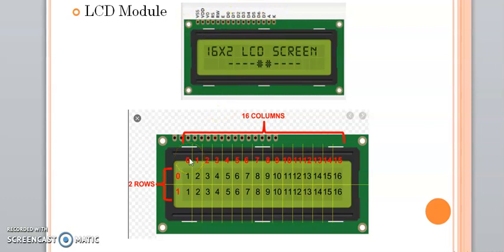So basically there are different types of LCD modules. Different types in the sense different sizes of LCD modules are available. But here we are going to look for LCD with 16 by 2 size. So what is the meaning of 16 by 2 LCD? It means it is going to display 16 columns with 2 rows. So here in this second figure you can examine that the total LCD screen can be divided into 2 rows and 16 columns. Each block is nothing but a 5 by 8 pixel block which is going to be used for displaying purpose.